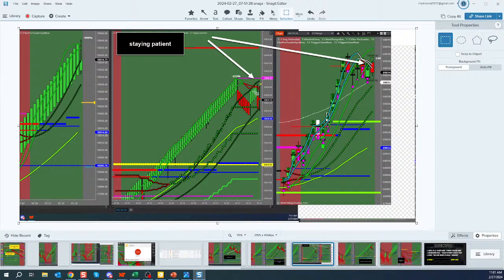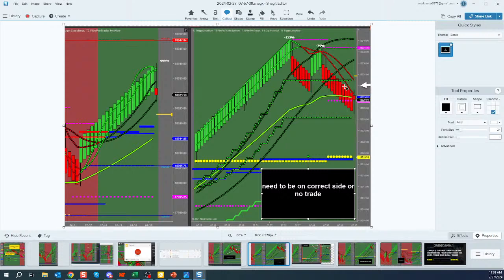And then it starts coming back right off of those small triggers. And I'm saying to myself, all right, maybe I'm going to get another shot. Maybe it's going to give me a trade. I kind of hope that it does, but I still needed it from the area inside the triggers. I'm not going to chase it up here because then my risk is just too much. And as it starts to come down,